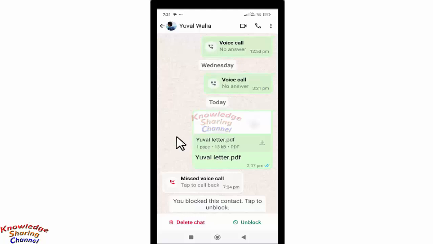But if you want to receive text messages but only want to block the calls, then there is no such method given by WhatsApp, but we can use some tricks so that it will solve your purpose. So first we will unblock this contact